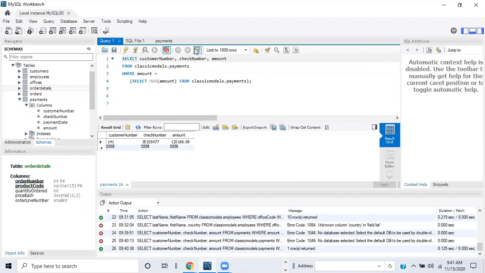So let's see. First, why don't we still use the select statement of customer number, check number, and amount from the payments table, where what? Where the amount, we'll get rid of this inner query. Instead of the amount being equal to, it's going to be greater than. And here's where I do my subquery, parenthesis, and do select statement,